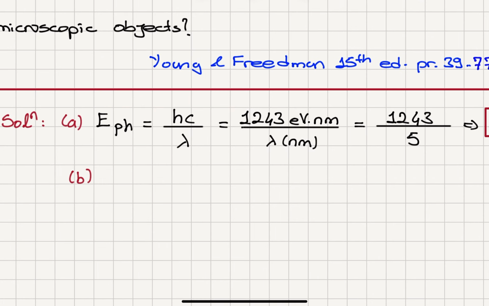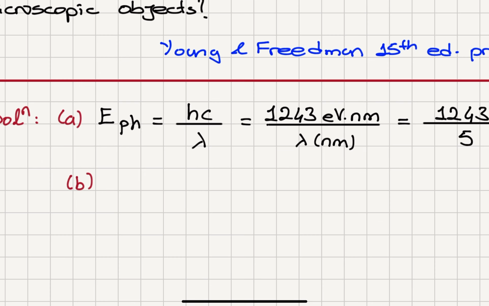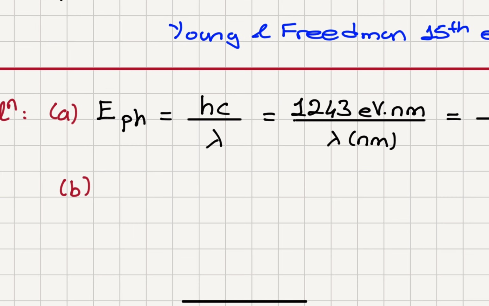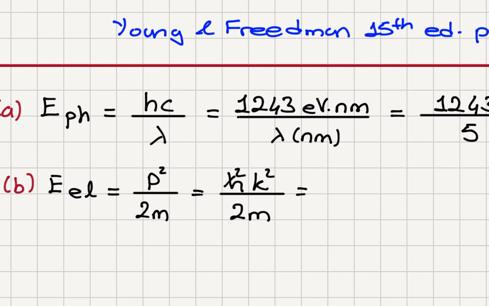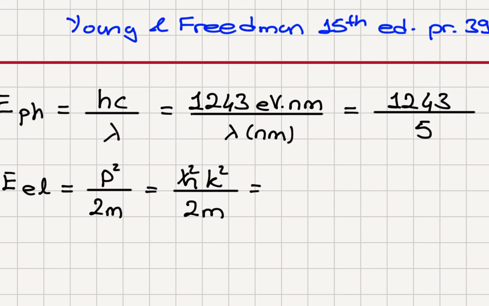Now we're repeating this exercise for an electron. Okay, so the free electron energy is its momentum squared divided by 2m, purely kinetic energy, which is equal to h bar squared k squared divided by 2m. k is the wave vector. So this is Planck's constant